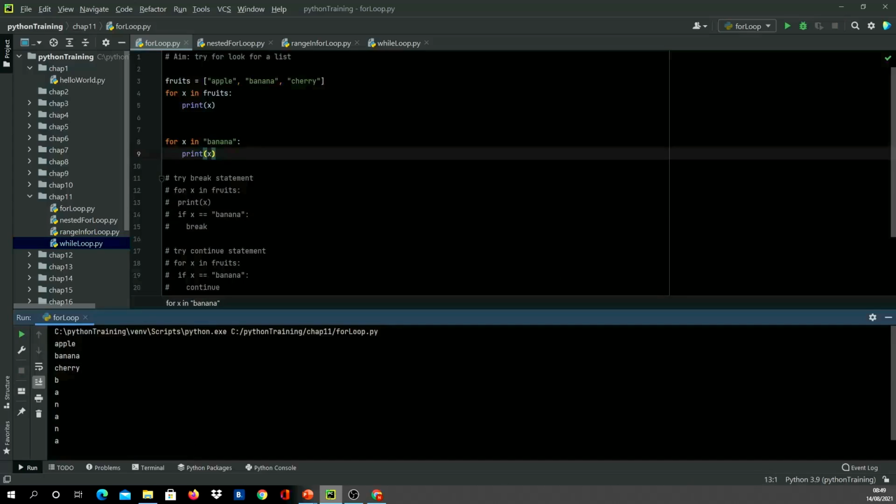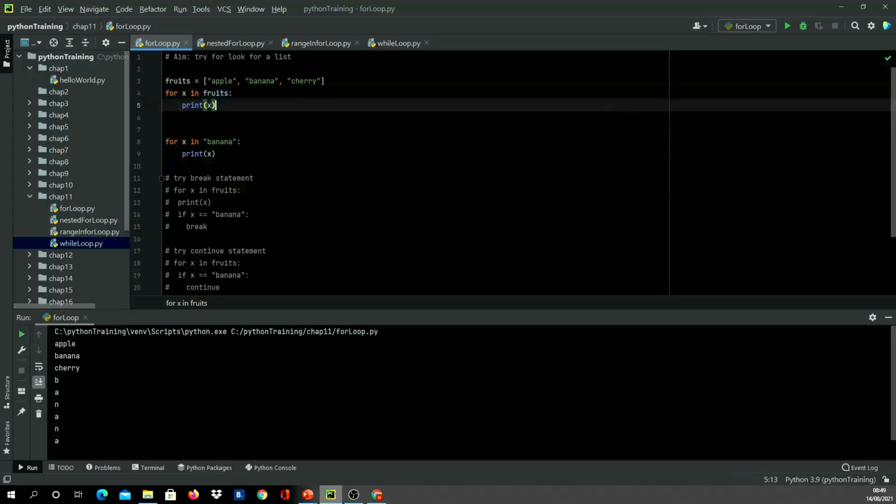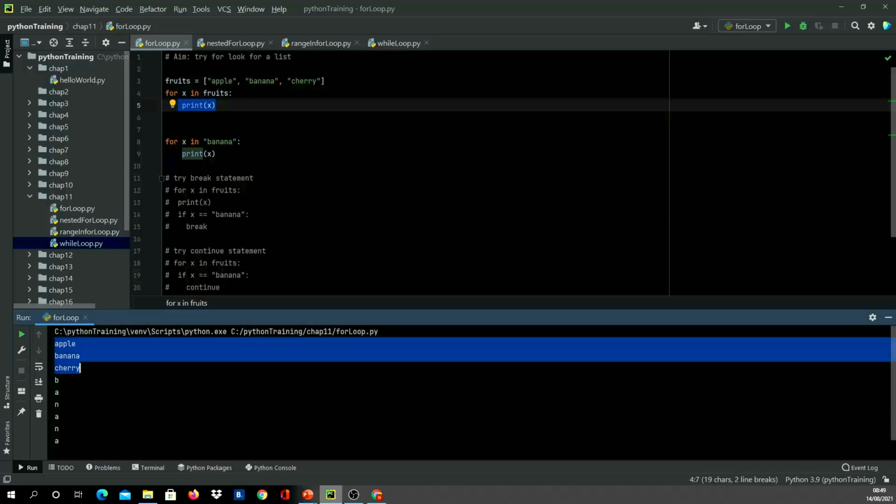All right. In the first for loop, the value of x becomes apple, banana, and cherry, and each time the print statement has been executed and we got apple, banana, cherry.